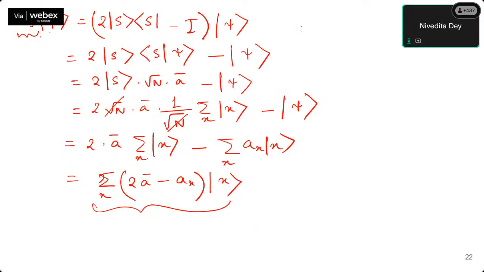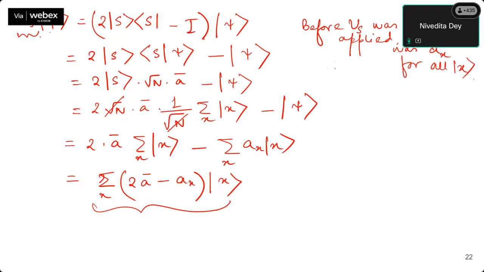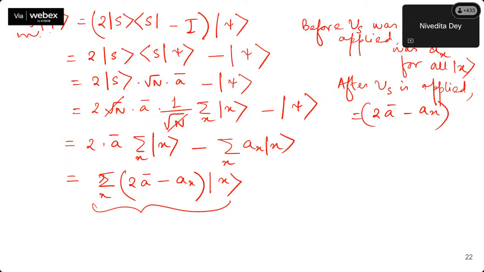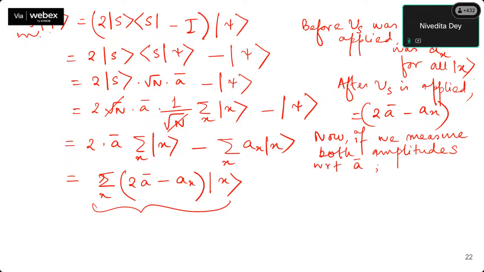Okay. So before U_s was applied, the amplitude was AX for all X. Okay, right? And after this is applied, now the amplitude for all X is 2A bar minus AX. Now if we measure both amplitudes with respect to mean amplitudes, then